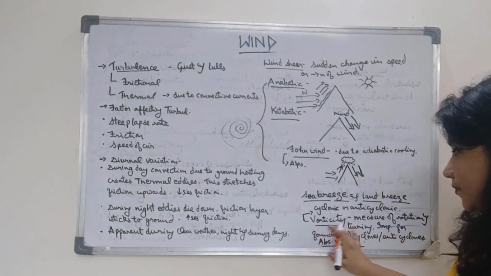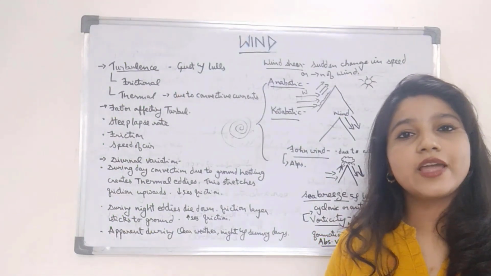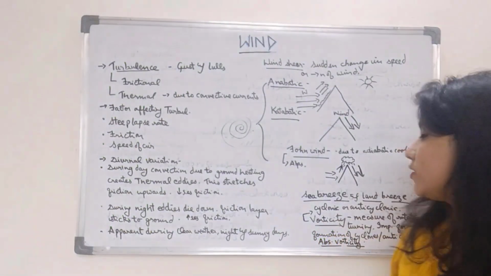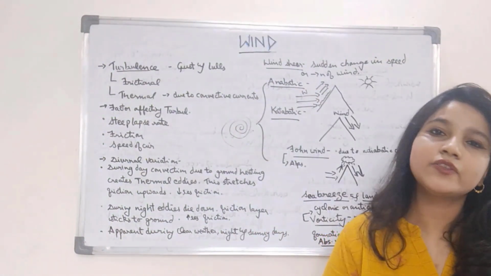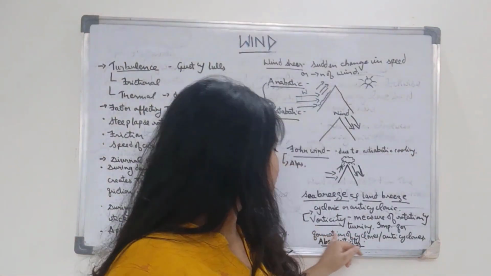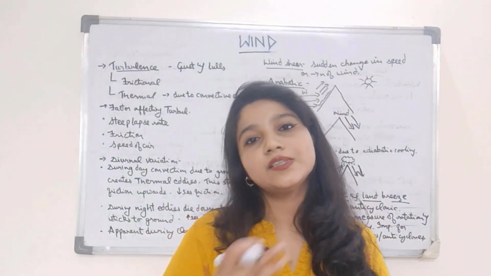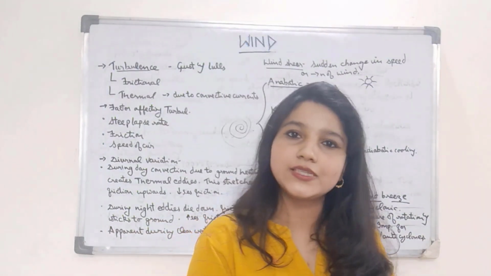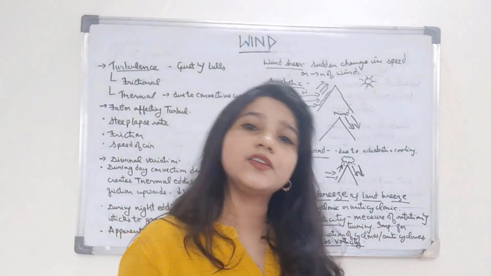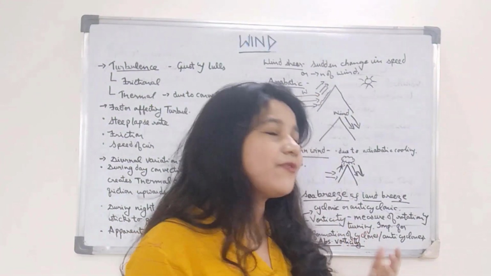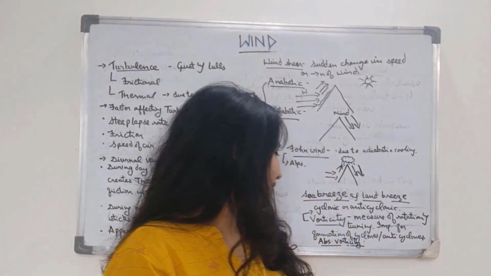Then we have vorticity. Vorticity is the calculation of turns or rotations. Vorticity can be cyclonic or anticyclonic, but on Earth vorticity is always cyclonic. Then we have absolute vorticity. Absolute vorticity is the sum of all the vorticities, and it is always cyclonic. This vorticity information is needed for the formation of cyclones, thunderstorms, and so on.